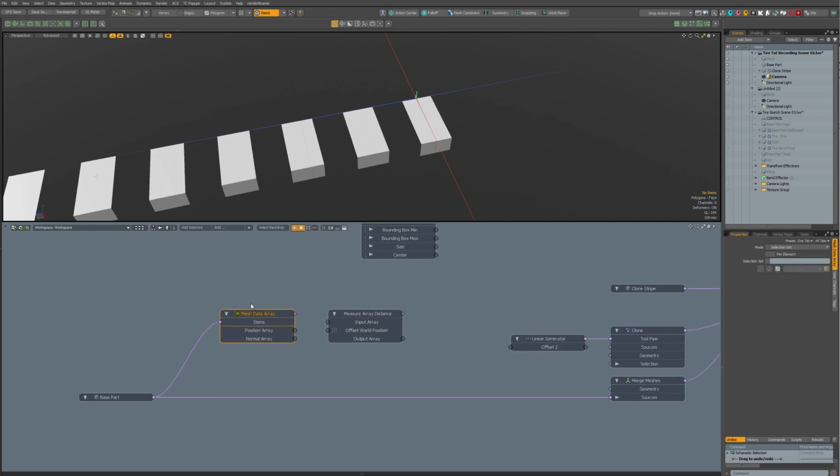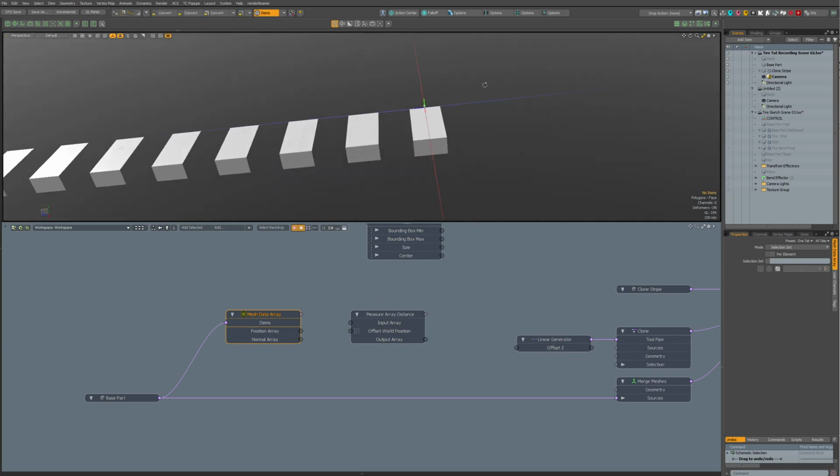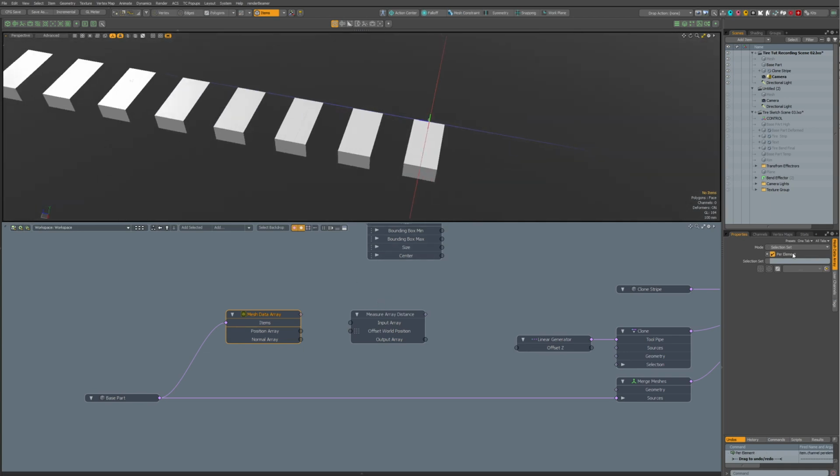This kind of arrays are set of data values and very useful in some cases. So now we have, let's make it like this.